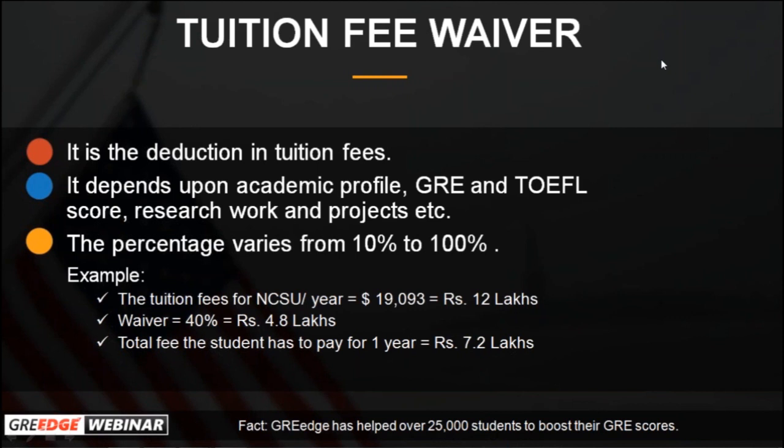For example, your profile building is not something you can have direct control over, but your GRE score and your SOP, these two are completely in your hands right now. If you prepare well and do well, you can definitely get a high GRE score. SOP is the only place, the statement of purpose. I can see a lot of people don't know about SOP. SOP is nothing but statement of purpose.